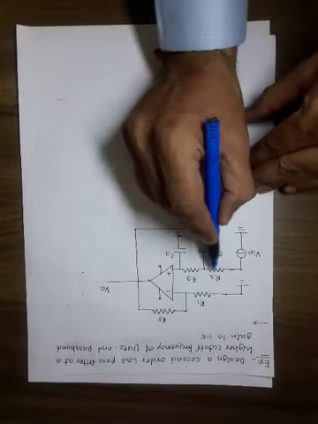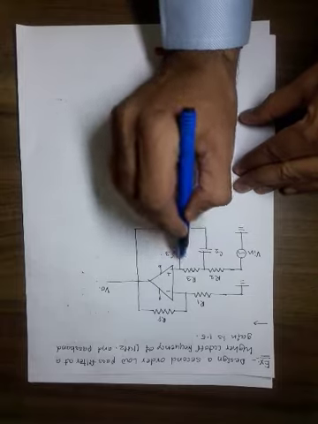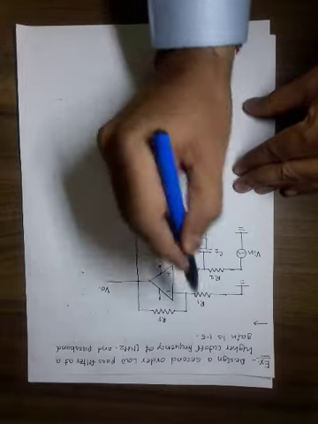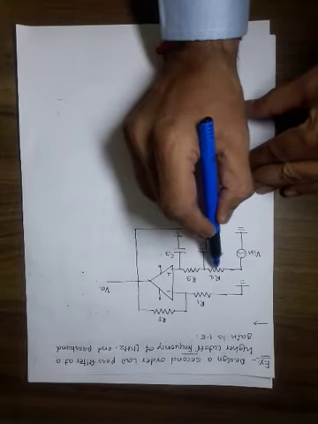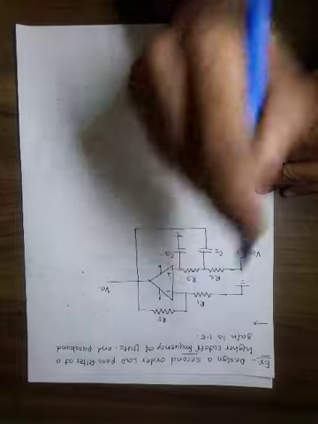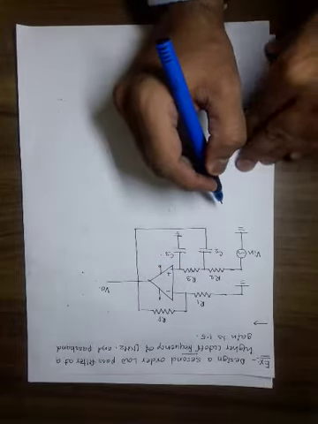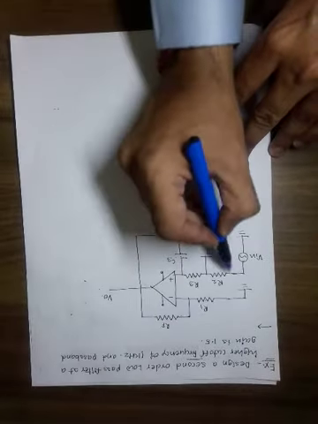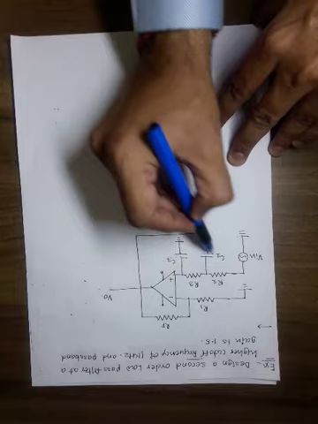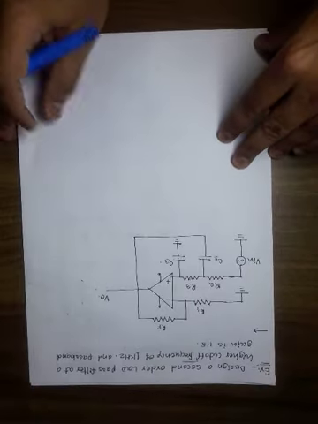This is the second order. Second order means this RC combination and this other RC combination, so there are two RC combinations. That's why this is second order, while in the earlier numerical there was one R and one C, so that was first order. The rest of the circuit diagram remains the same, even the working. This R1 and RF deal with the gain. These four components, R2, R3, C2, C3, deal with the filtering.